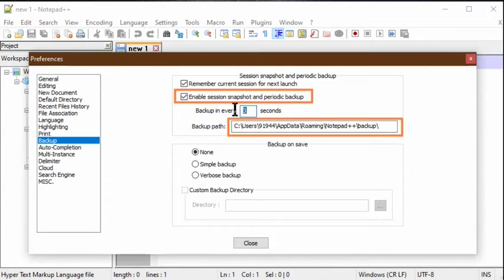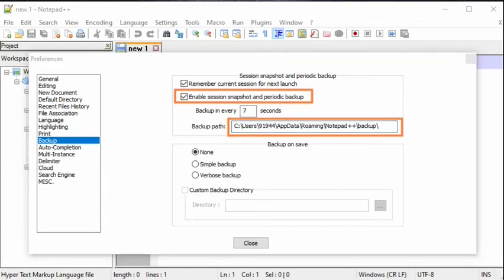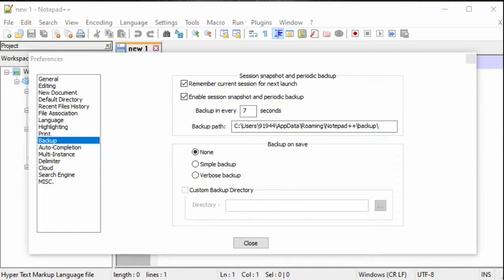If the feature is enabled, Notepad++ will not ask whether you want to save or not save the file, even though you have done a lot of edits in that file. Without asking, it will close the Notepad++ application. But Notepad++ will save all the edited content in the temporary storage file, and while relaunching that application, it will automatically show that file with the edited content.